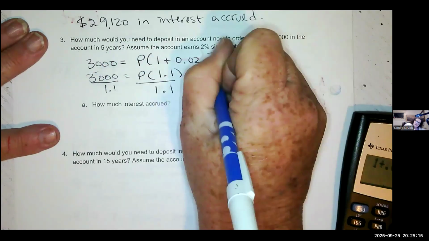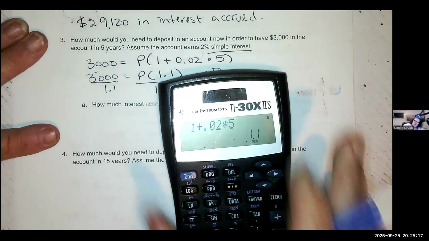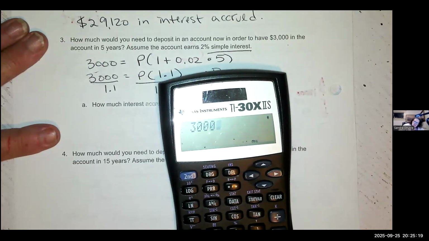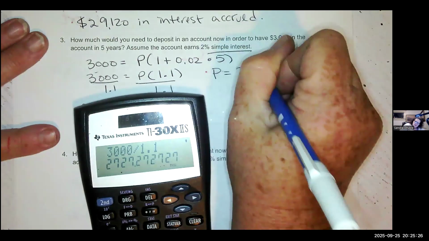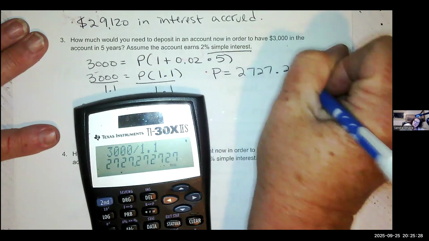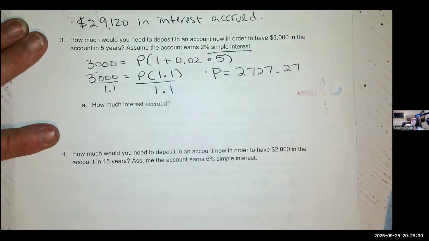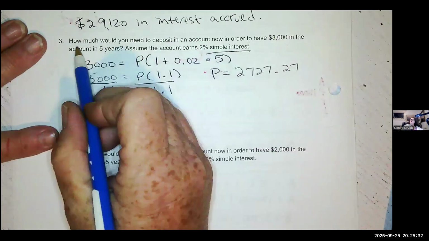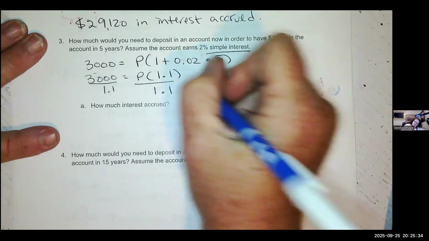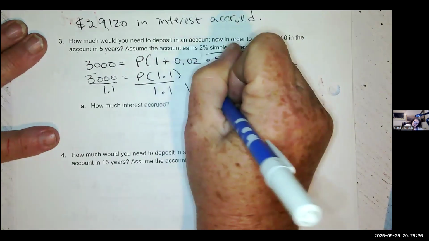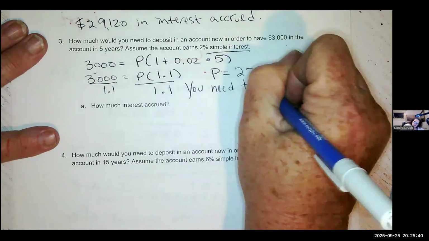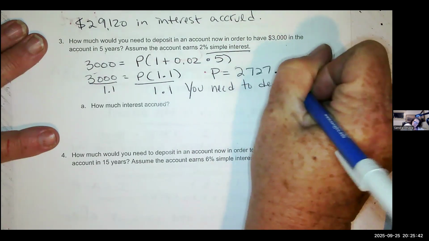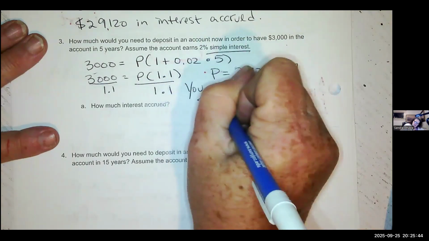And I get that the amount of investment is 3,000 divided by 1.1, which is 2,727.27. It says, how much would you need to deposit? You need to deposit, or I need to deposit, pick a person. Do not forget your dollar sign,